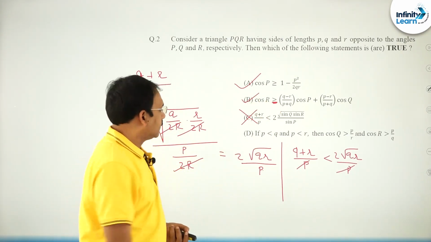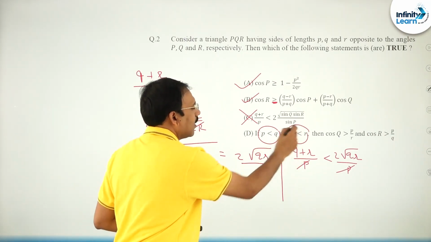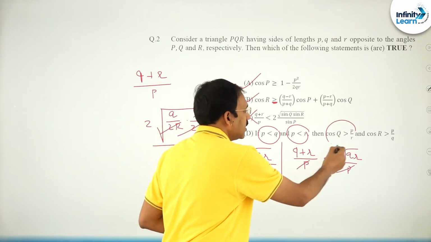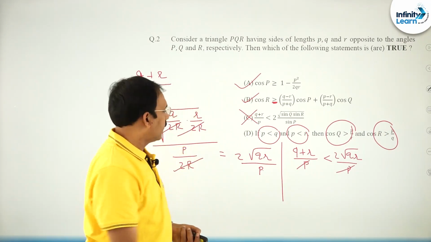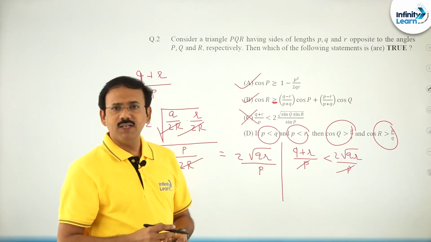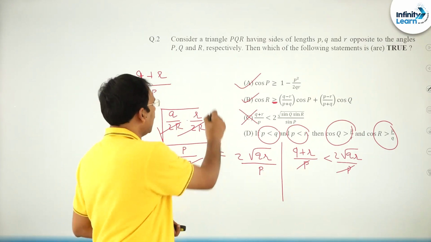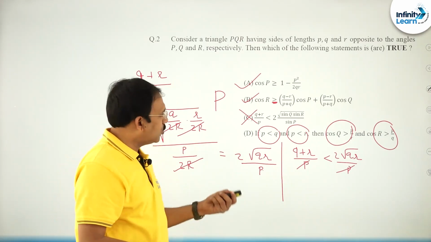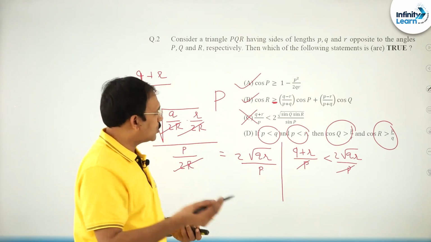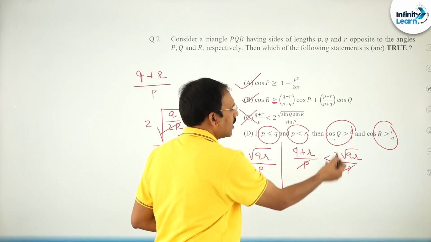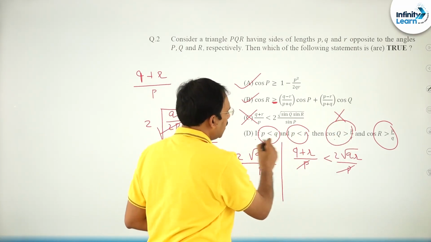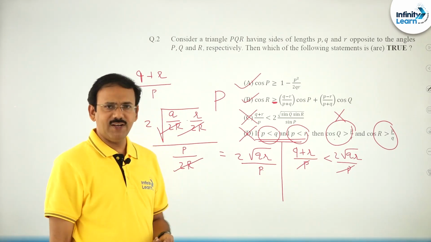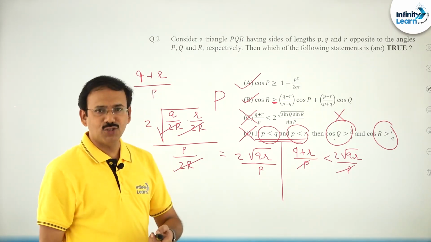And this one, you see, given P less than Q, P less than R means P is the smallest side of the triangle. So then definitely it is going to happen is the conclusion he has given. Friends, if P is the smallest side, angle P must be an acute angle undoubtedly. So there may be a triangle where either Q or R may be obtuse. So cos Q may be negative, and negative greater than positive is not possible. So from these two statements this conclusion is not possible. So D is also wrong. Fine friends, that is all about question number 2.